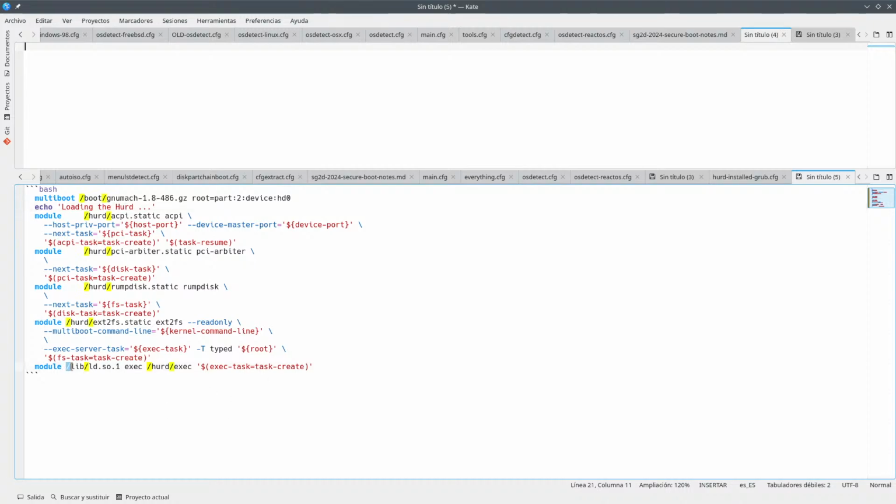Okay, so we've got this LD thing. Exit. So yeah, we have most of it. So this thing needs to be searched for, and probably you can also have kernels without GZ. I don't know. So this is partition number 2 and the second hard disk. I mean, the first hard disk. Yeah, so this is what we have here.